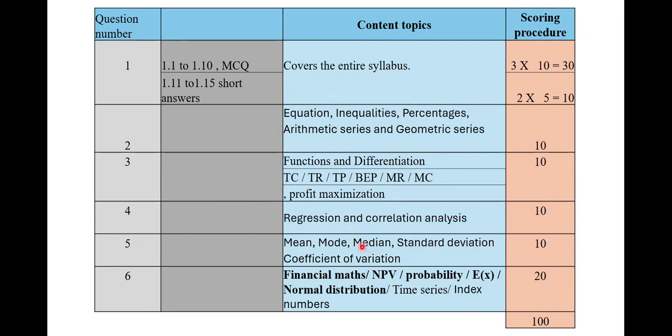Right. Then the fifth question tests mean, mode, median, standard deviation, correlation coefficient, coefficient of variation and skewness or something similar. Then the sixth question: financial mathematics, NPV, which is also financial maths, probability, expected value, normal distribution. Those are the main topics. Sometimes time series and index numbers can be included in this question. Right. Then today we will discuss